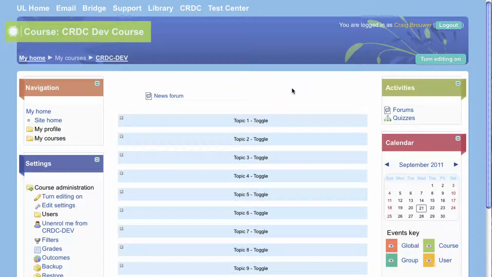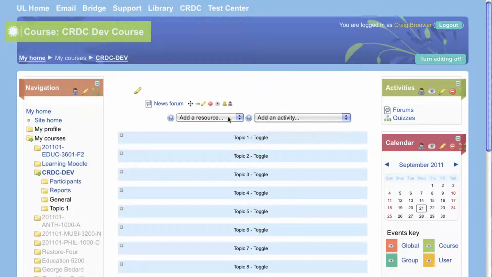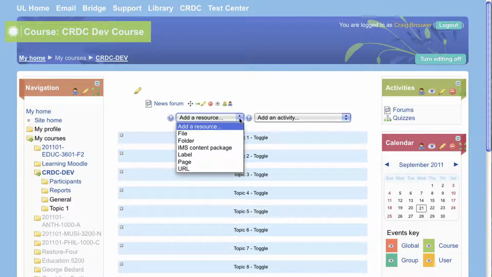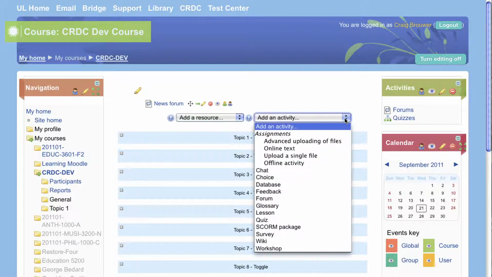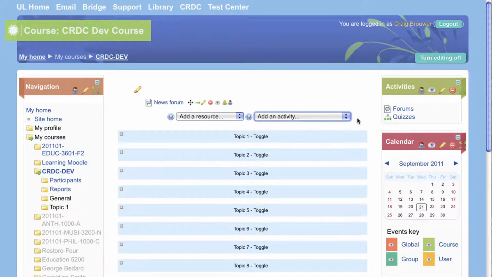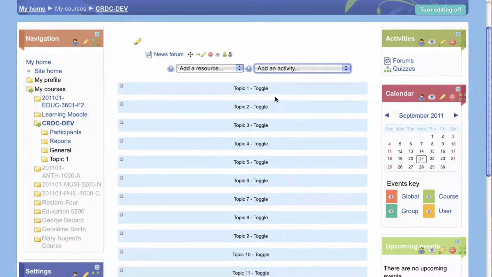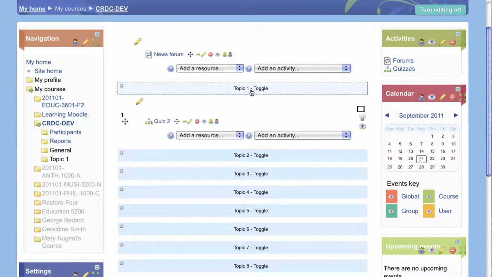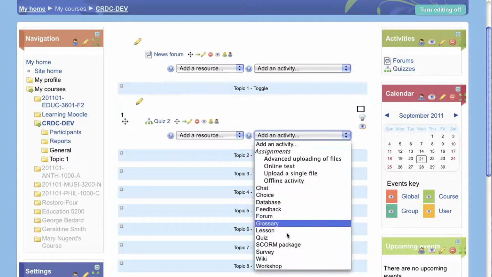Before we can add a quiz, we need to turn editing on by clicking the Turn Editing On button located in the top right-hand corner of the screen. Note that you are now provided with functionality to add resources and activities via the drop-down menus within the topic structure. Navigate to where you would like your quiz to appear and choose Quiz from the Add an Activity drop-down